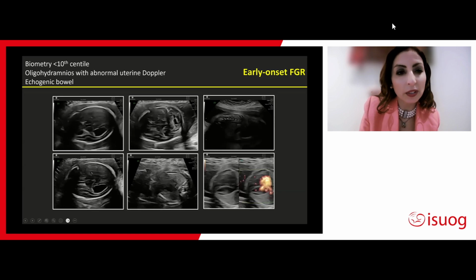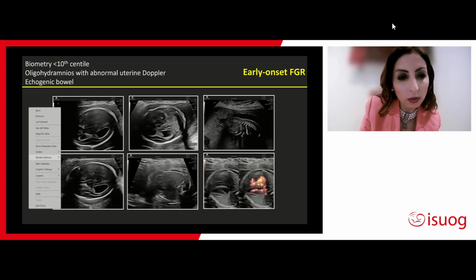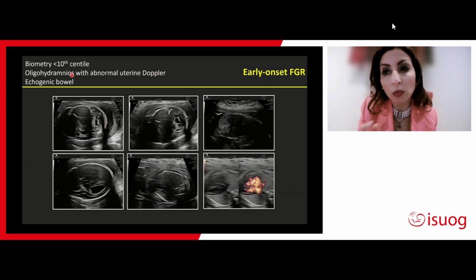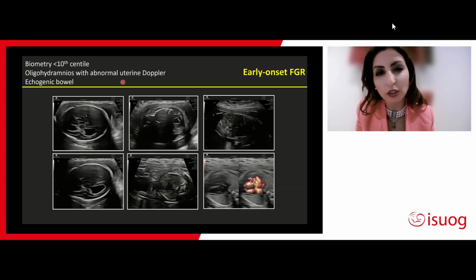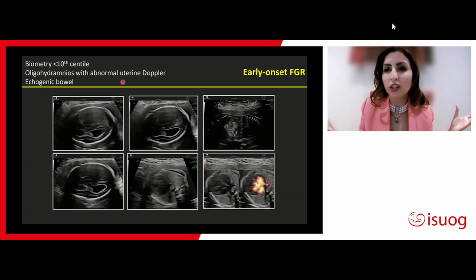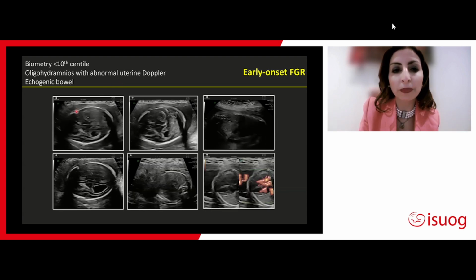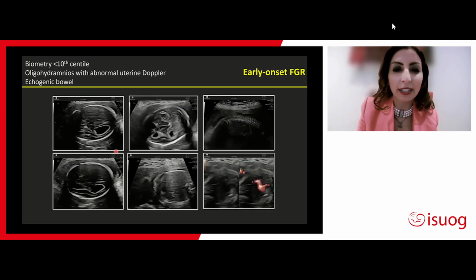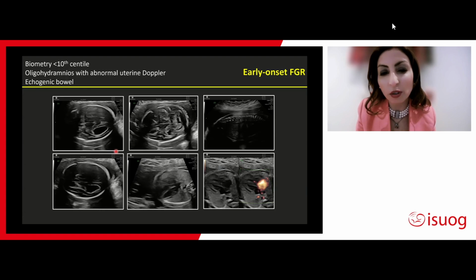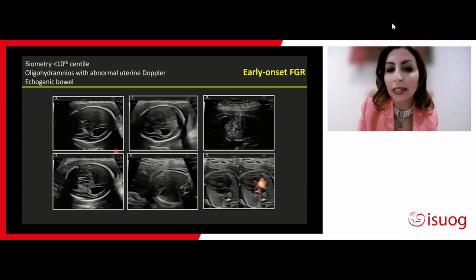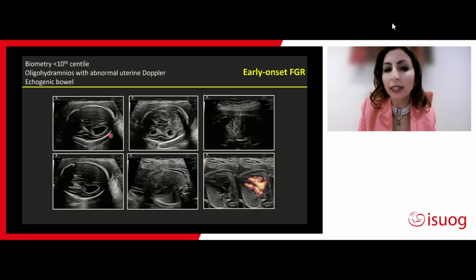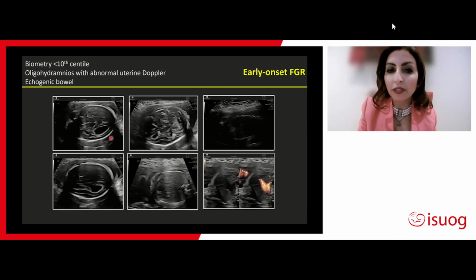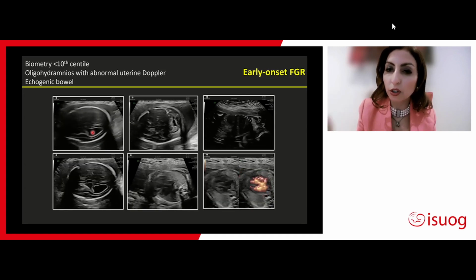So this case, for example, was referred because of early onset fetal growth restriction: the biometry was less than the 10th centile, there was oligohydramnios, there was abnormal triarch Doppler, and there was echogenic bowel. So you think, well, yeah, it fits into early onset fetal growth restriction. But when I did the ultrasound scan, at the end of the scan I thought actually that's unlikely to be genetic or placental insufficiency, but more likely to be congenital CMV infection. And why did I say that? Well, there is something here on ultrasound, the periventricular halo,